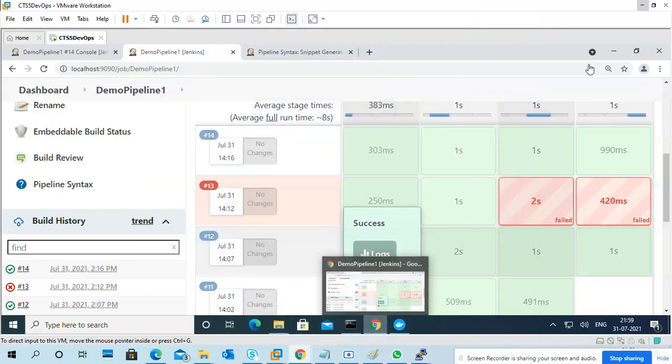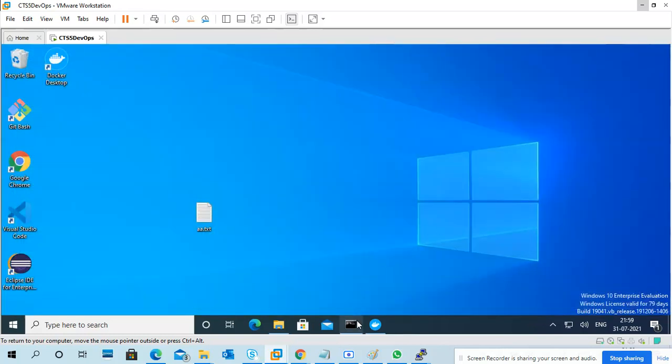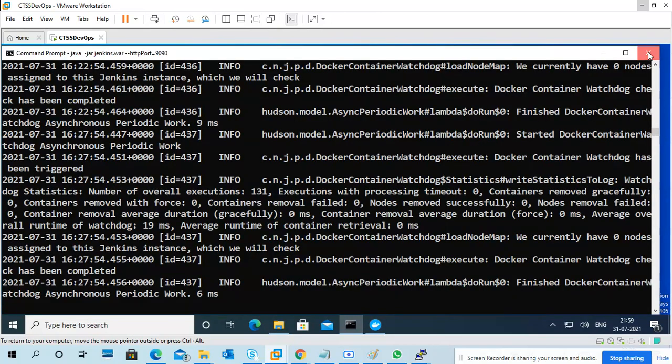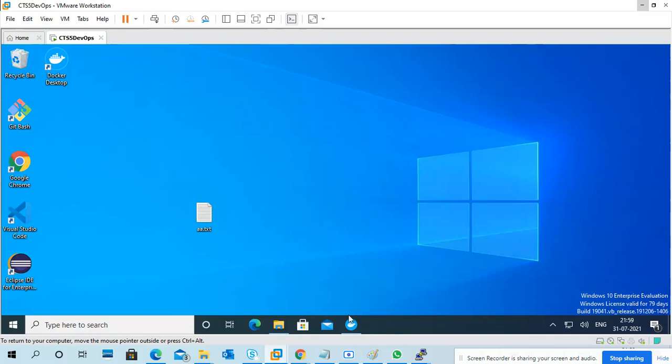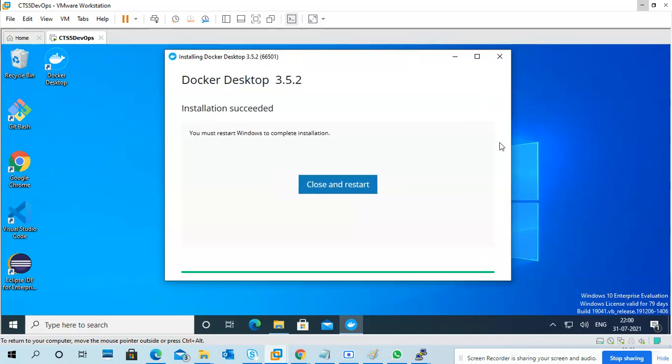Okay, so I'm going to close one by one. Close it. So I'm closing. I'm directly closing instead of shutting down. So here it is, you have Docker. It has become slow, so close and restart is there. So I'm going to restart my system. I click on here. We'll see what happens.